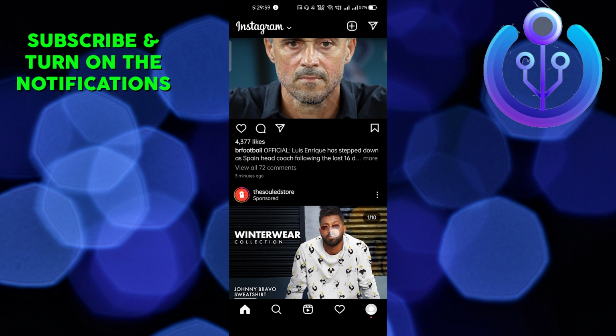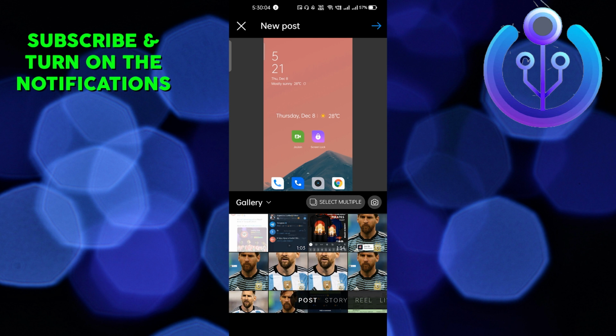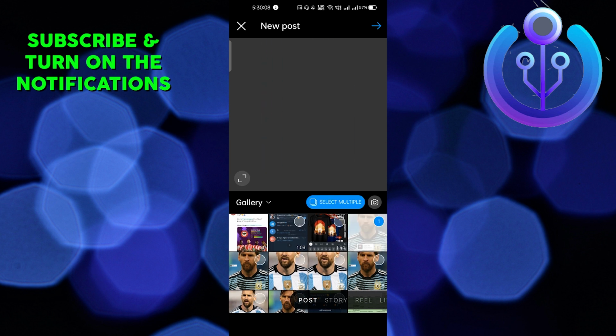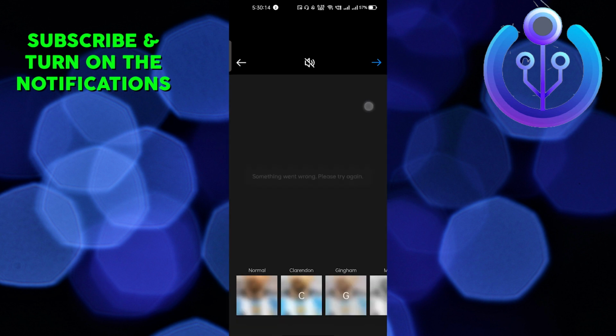And after that you have to just click on the plus icon, and after that you have to go to the post, and here you have to select multiple. Let's say I will select this one and select multiple and the other. And after that just click on the arrow button which is on the top right side corner, and after that you